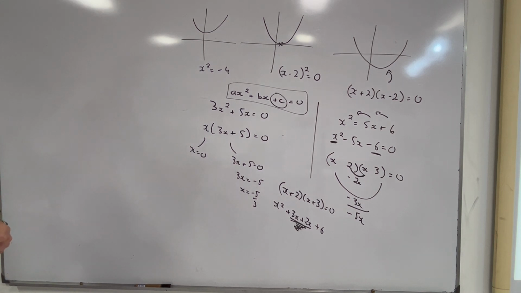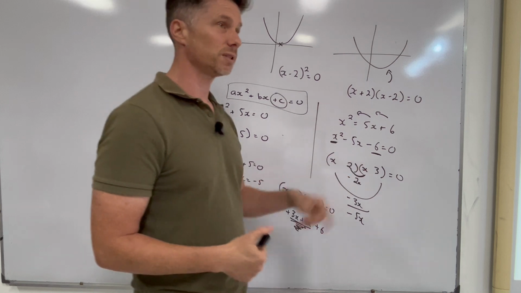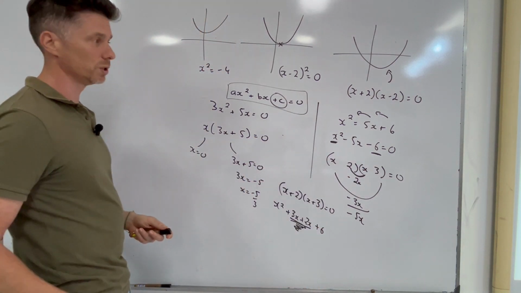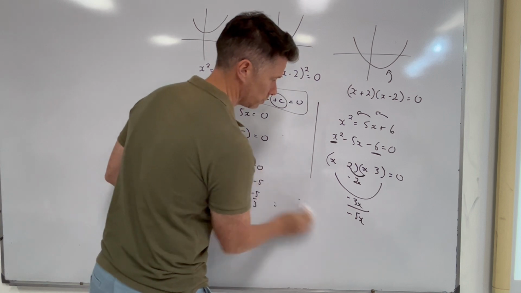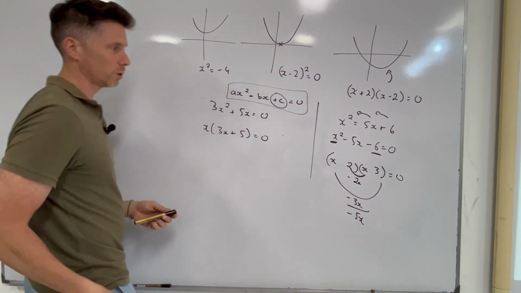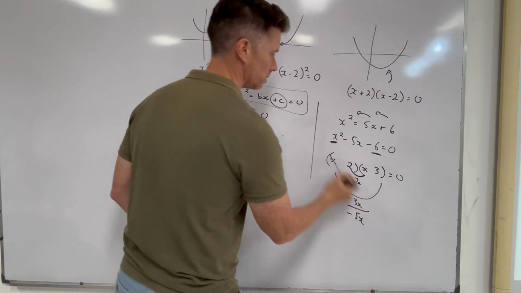The 6 is negative, so one of them has to be positive to multiply to make this negative 6, which means I've used the wrong factors. I don't use 2 and 3 to multiply to give 6. I've got to use something else. I've got to use 6 and 1. Yes, so it didn't work the first time, so what I do in the exam is I just scrap that